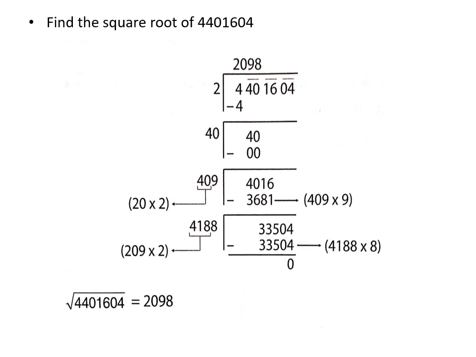Here we have to find out the square root of 44,01,604. So again, if you think about dividing it into periods, here 4 periods are there. That means we can guess the answer has 4 digits. So let's see the first period. It is 4, a perfect square. So 2 2s are 4. 4 minus 4 is 0. Then take the period 40 down.